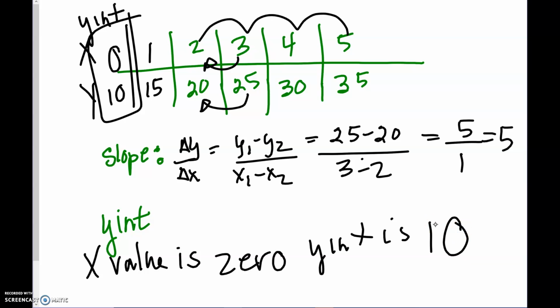Okay, you're going to have a couple questions like this on your homework. So please make sure that you understand, you keep the pattern going, and you find your slope from 2 points,